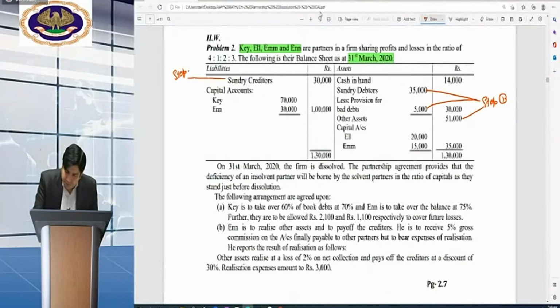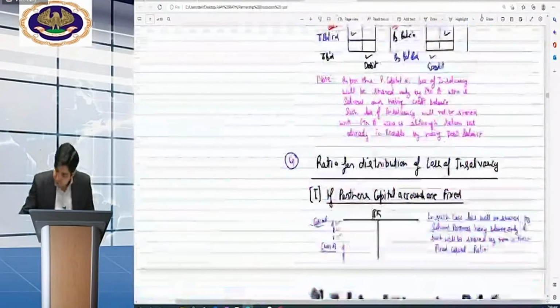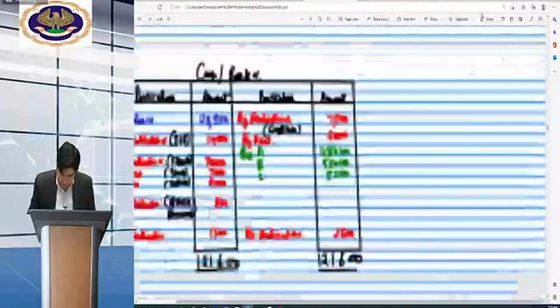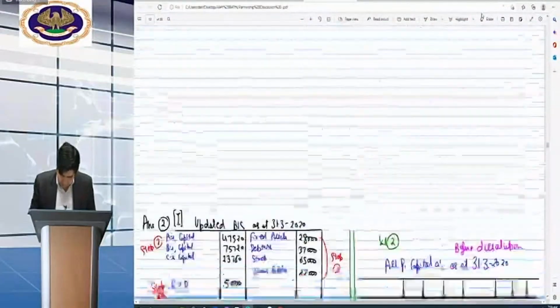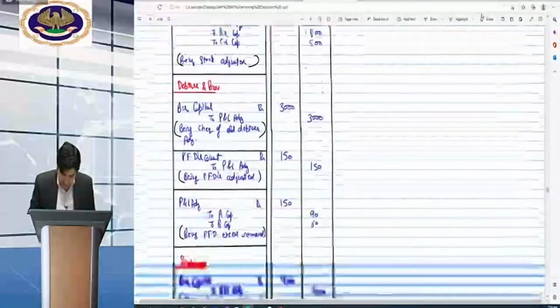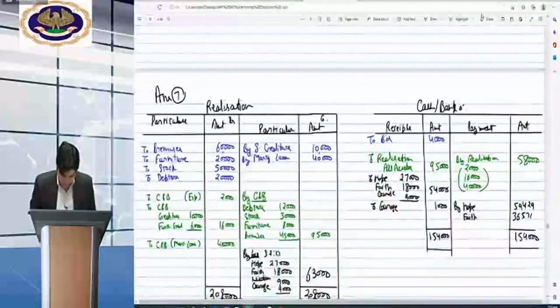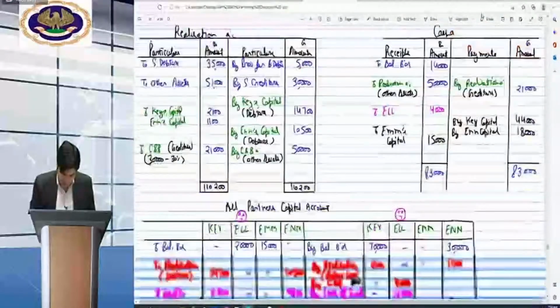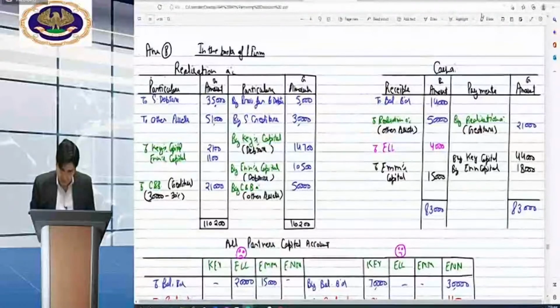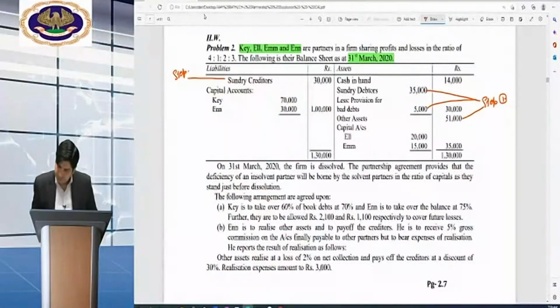See, the solution is there. In my PDF, you will find this at number 8 because it's my regular class PDF. So you have to see this question. Step number 1. Beta, there is a debtor account which is having a debit balance. How will you transfer? Definitely you will transfer on the debit side.